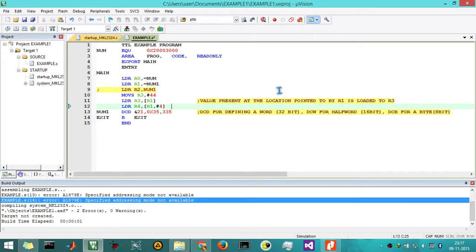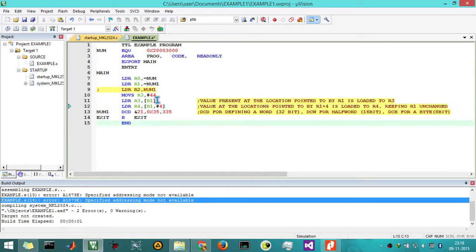In the same way, we are going to get a slight change in this instruction: value at the location pointed to by R1 plus 4 is loaded to R4, keeping R1 unchanged. So this is the meaning of this instruction.